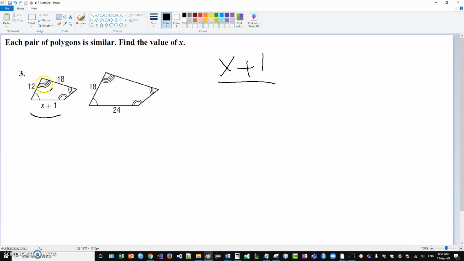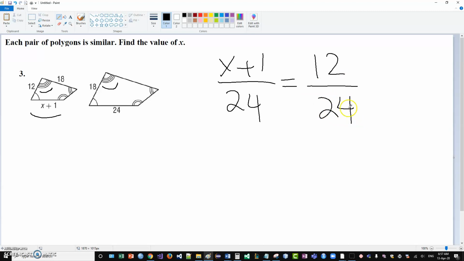The corresponding angle to this one is this one, and the opposite side to this angle is the 24. So x plus 1 over 24 equals, now these two sides are corresponding because they're both opposite to the angle with the 3 arcs here. So 12 over